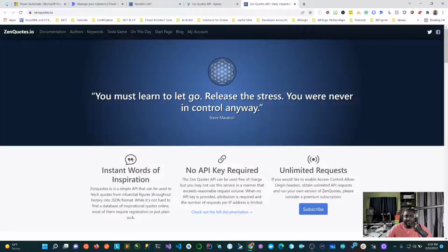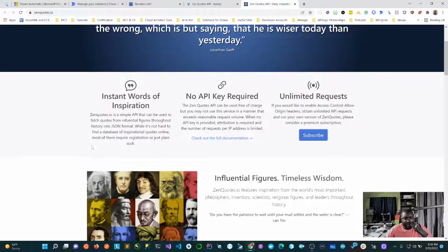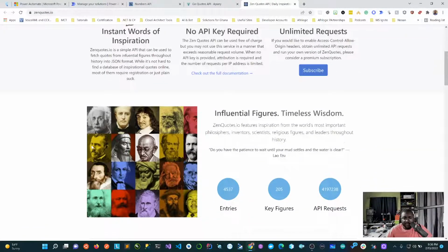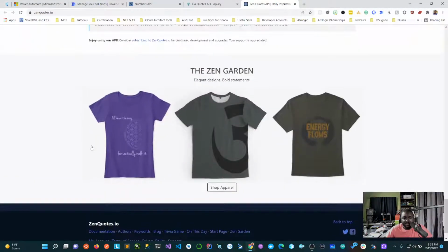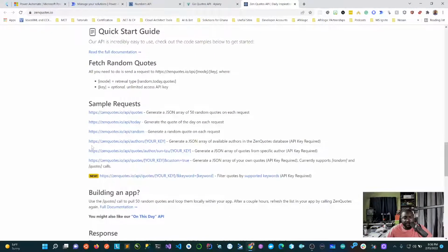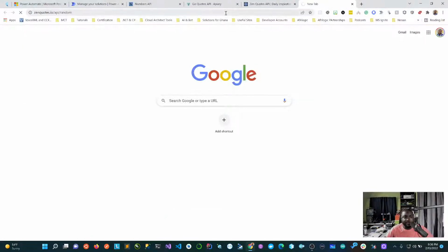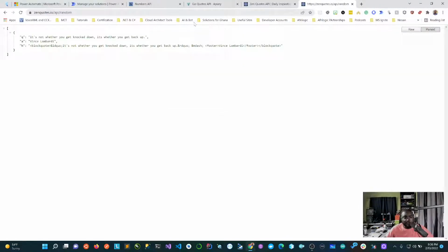But this seems a bit interesting. So there's a document authors keyword. So what do I need to do? This is simple, influential. Wow, this looks good. So building an app. Okay, so here you go. Simple request. No, I don't want anything. Generate a quote. Okay, so let's say quote of the day. Generate a random quote on each request. Generate a JSON array of available authors and no. So let's try this. Yes, this has HTTP. So I'm just going to call this in the browser, and let's see what happens. Oh, look at that.